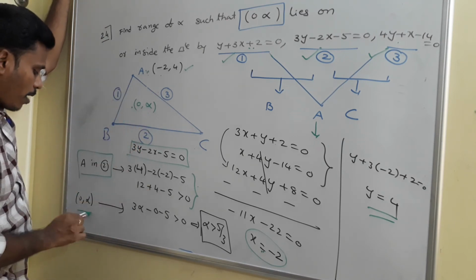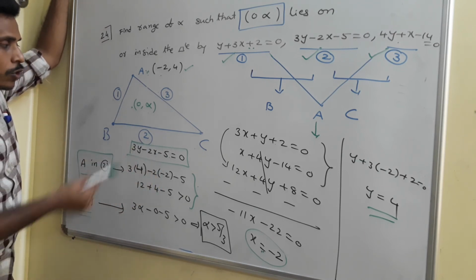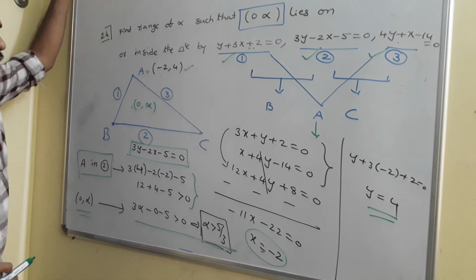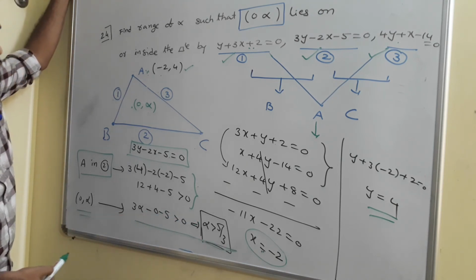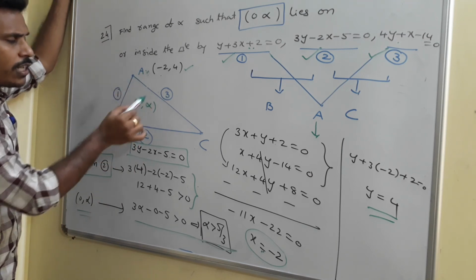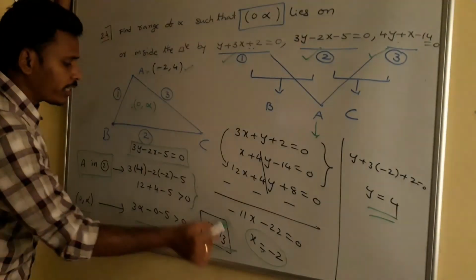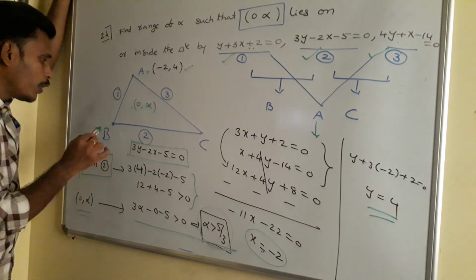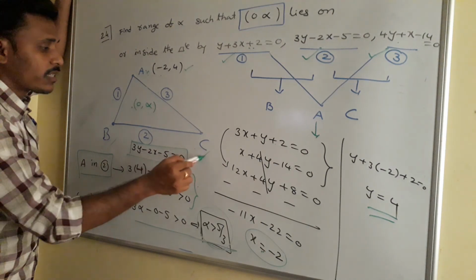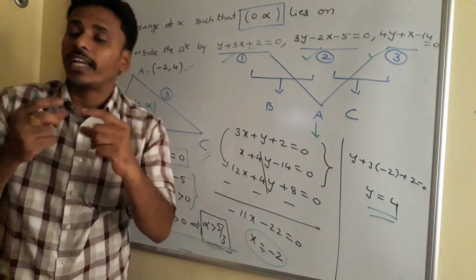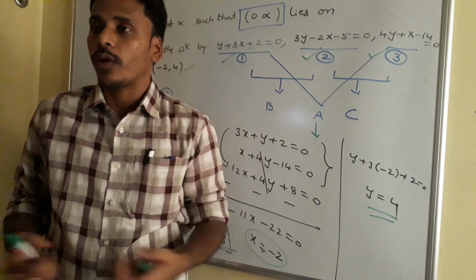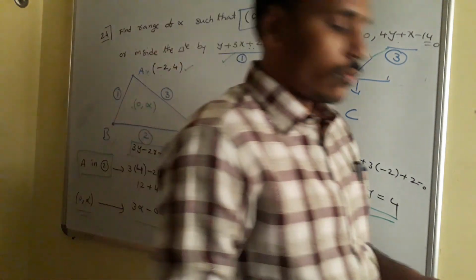So substitute (0, alpha) in the second equation. If you substitute, you will get that alpha is greater than 5 by 3. Usual simplification. So from the direction of vertex A side, you will get that alpha is greater than 5 by 3. Similarly, you need to get a range for alpha from vertex B side and similarly from vertex C side. So at the end you will have 3 different ranges for alpha and you need to combine all those things and that's your answer. Okay, just have a look at this now.